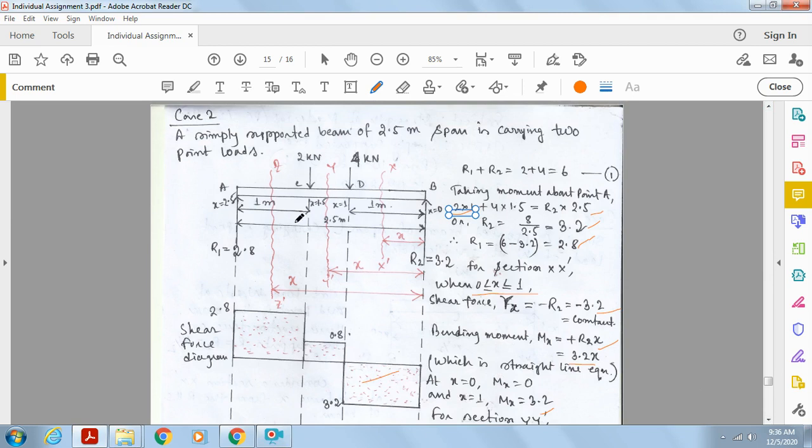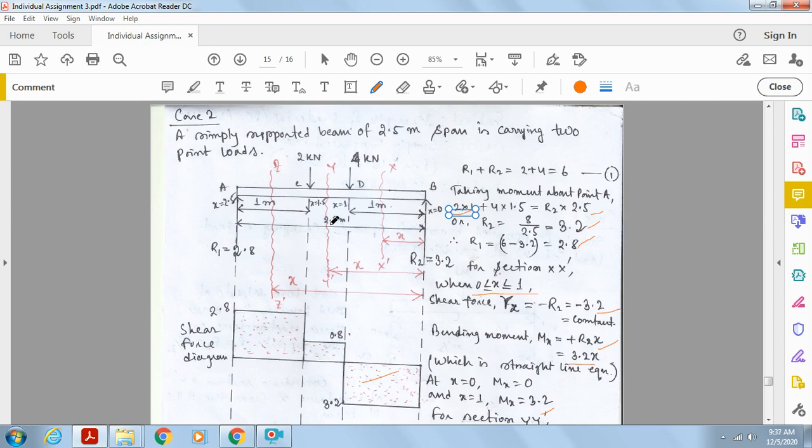First of all, you have to consider the sections. From each and every point where the loads are acting, whether it is a reaction or any point load, from the line of action of each force we have to draw a dotted line vertically downward. Here, from point A I am drawing a vertically downward dotted line. From point C also, from point D also, from point B also. So there are a total of 4 dotted lines.